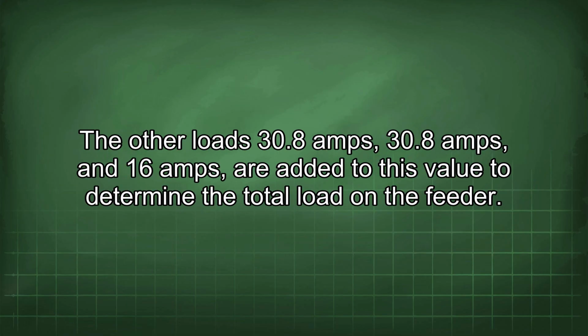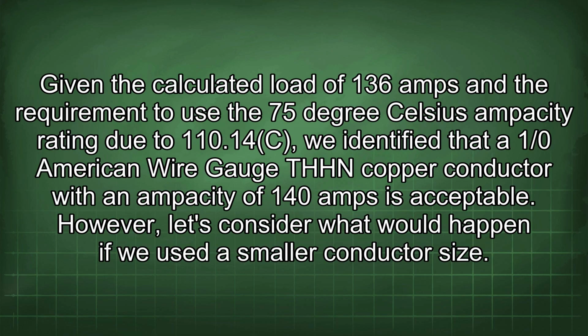The other loads, 30.8 amps, 30.8 amps, and 16 amps, are added to this value to determine the total load on the feeder. Given the calculated load of 136 amps and the requirement to use the 75°C ampacity rating due to 110.14(C), we identified that a 1/0 American wire gauge THHN copper conductor with an ampacity of 140 amps is